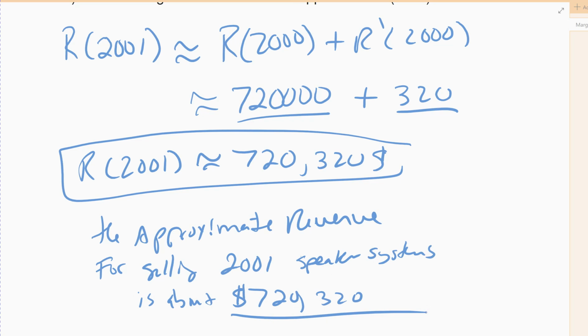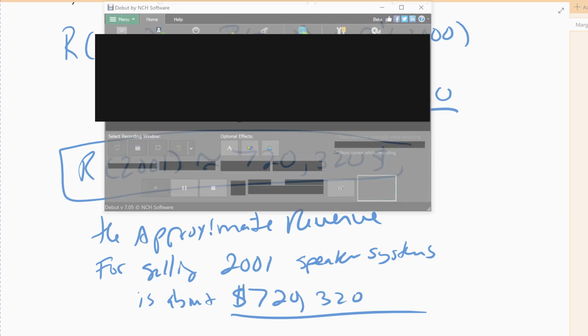All right, so there's a revenue example. We'll do a profit example, which is the last thing on the guided notes, and then I'm going to do an additional one that's not on the guided